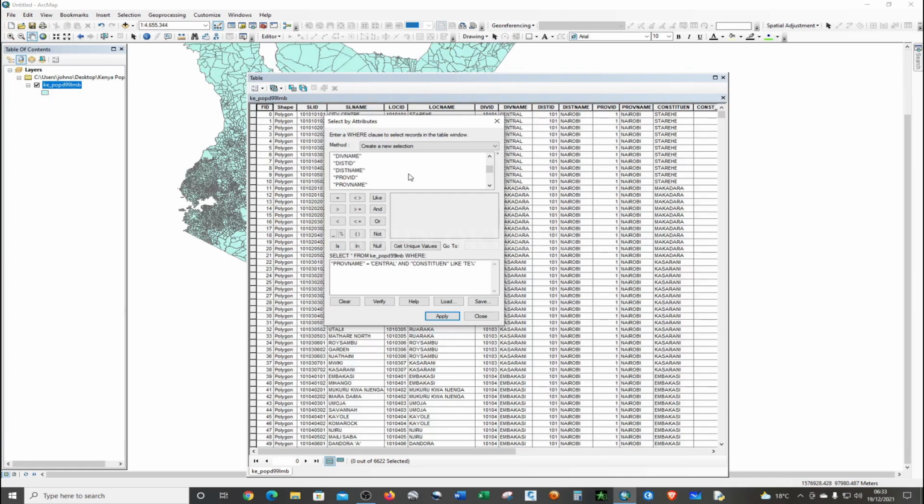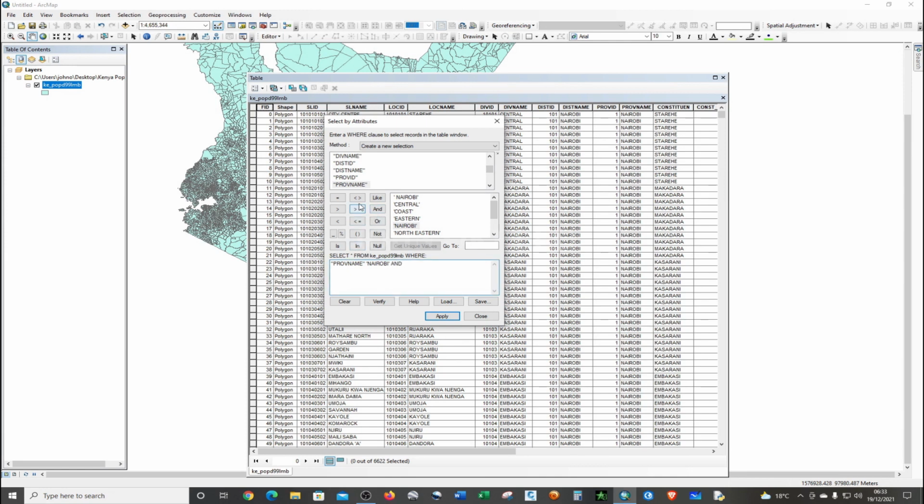We're going to clear this and open the attribute, the province name, get the unique values. The province that you want to look at is Nairobi, and so we're going to select all records from our table where province name is equal to Nairobi, and